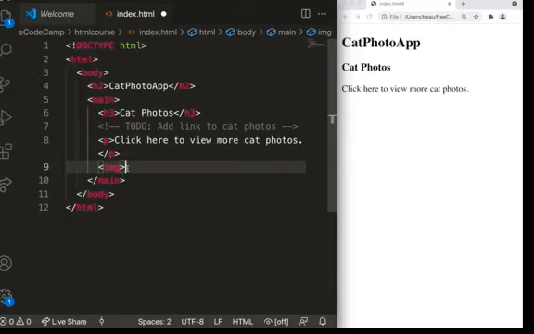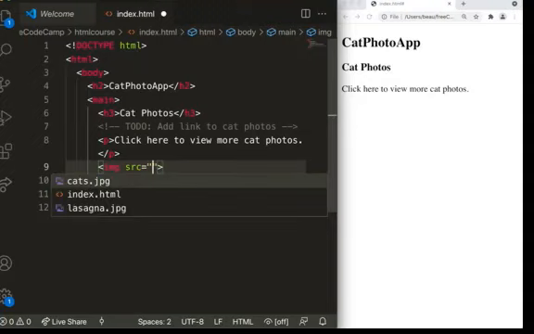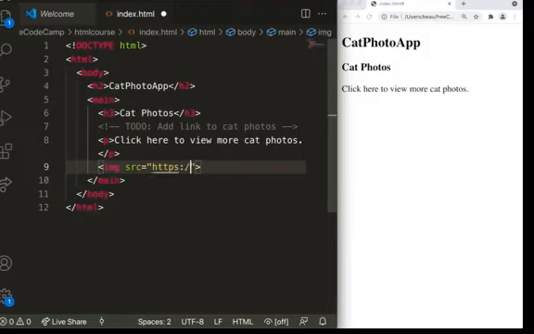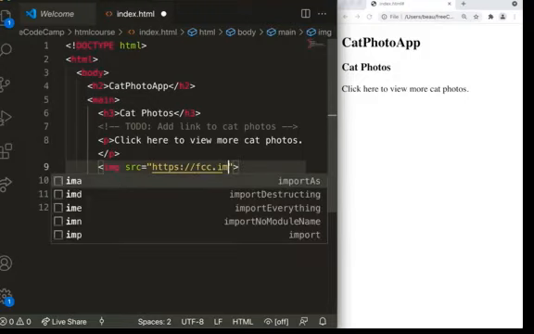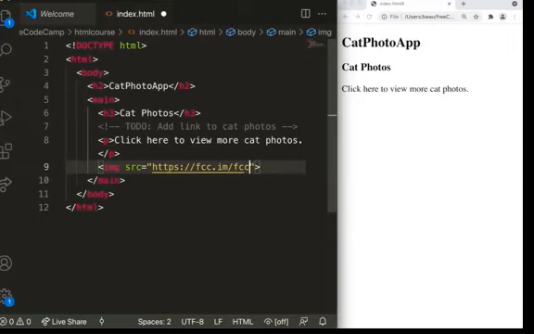And that's where HTML attributes come in. HTML attributes are special words used inside the opening tag of an element to control the element's behavior. So let me show you how to do that in an image element. So in this image element, I'm going to put a space. I'm putting the space before the closing bracket. And I'm going to put src. That stands for source, the source of the image. I'm going to put equals. And then I'm going to put a website here. So it's going to be https://fcc.im/fcc